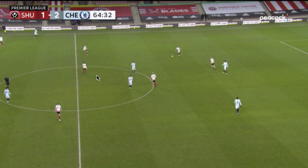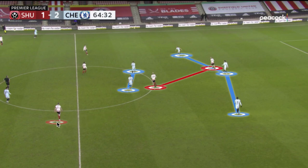So now, moving forward, we're going to start moving into the defensive transition and counter-pressing for Chelsea, but just wanted to show the same structure used in the second half. Still have Mason Mount as the 10 and our wing backs. And the only difference was now Sheffield United started to move out, tried to isolate Chelsea's possession to one side,